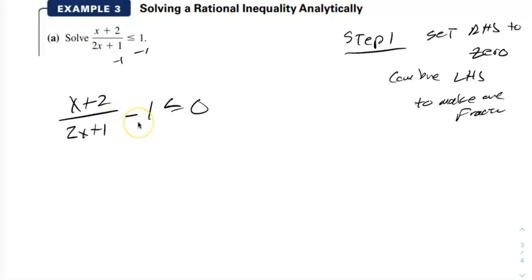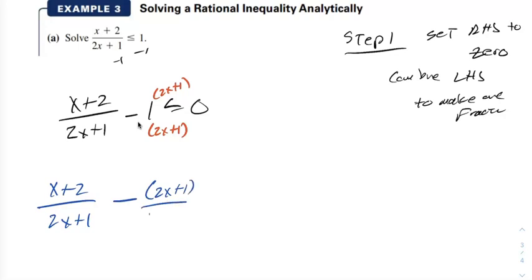So with the 1, it's not too bad. We just do a common denominator. We multiply this by 2x plus 1 over 2x plus 1. That's construction here from the new Performing Arts Center. Anyway, (x plus 2) over (2x plus 1) minus (2x plus 1) over (2x plus 1) is less than or